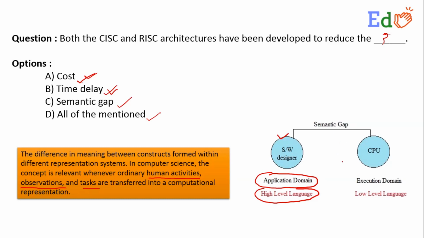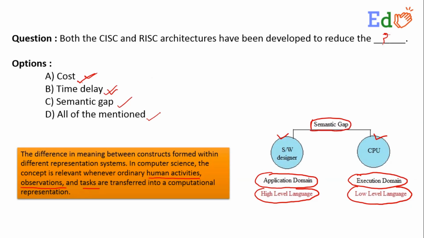And we have one more domain that is called the execution domain. Here we generally use low-level languages and the CPU is here. So actually the gap between this application domain and execution domain is coined as